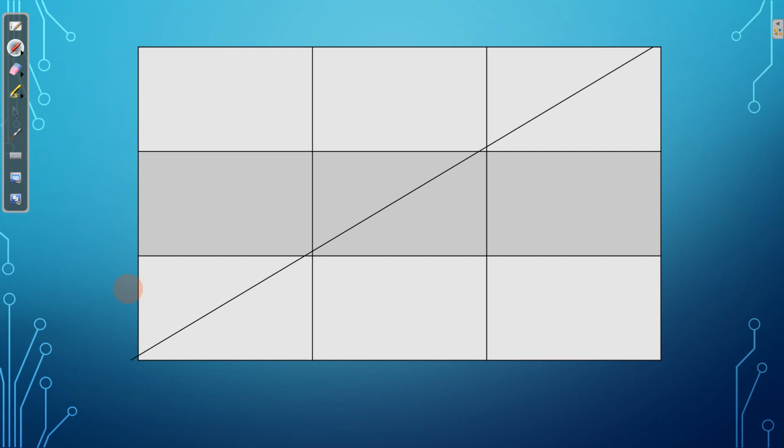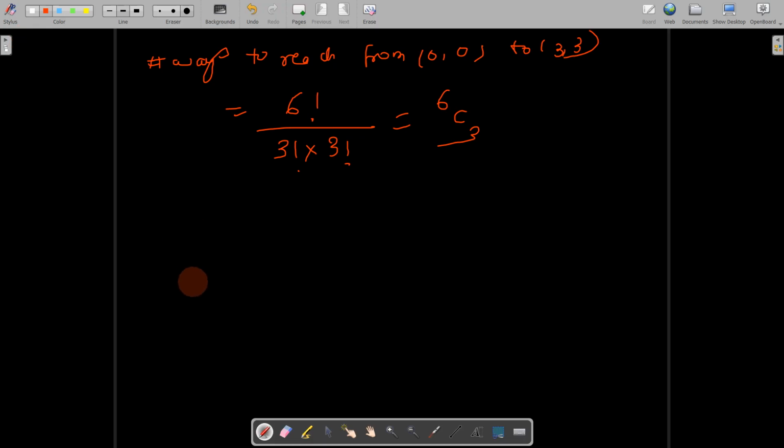So for that we now have to find in how many ways we are definitely crossing, trespassing, the diagonal. So how do we do that? What we will do is first write a move where we are just crossing the diagonal. The way would be right, up, one more up. As soon as I take this one more up, we are just crossing the diagonal. So I will write this move, this part over here.